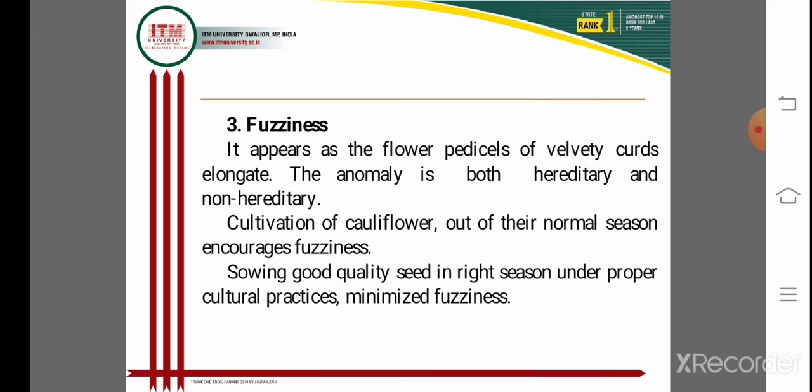Then the next one is fuzziness, also a disorder. It appears on the flower buds, where the varieties elongate. The anomaly is both ordinary and non-ordinary, and it is hereditary. Cultivation of the cauliflower outside the normal season encourages the fuzziness disorder. Showing good quality seed in the right season under proper cultural operations and practices is important